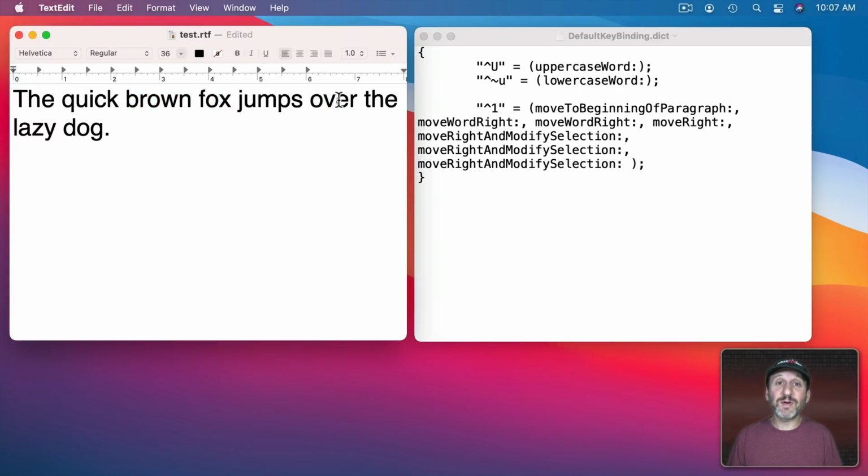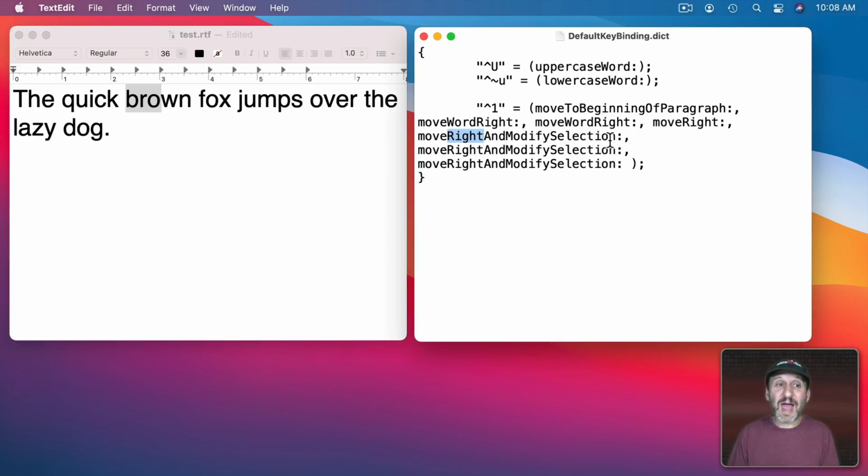I'm going to put the cursor way over here and I'm going to use Control 1 and you can see it did exactly that. It gave me the first 3 characters of the 3rd word. Now whether you need to do that specifically or some other modification of this. You can use beginning or end. You can move right or left by word or just 1 character at a time. You can move right or left and modify selection to select things.